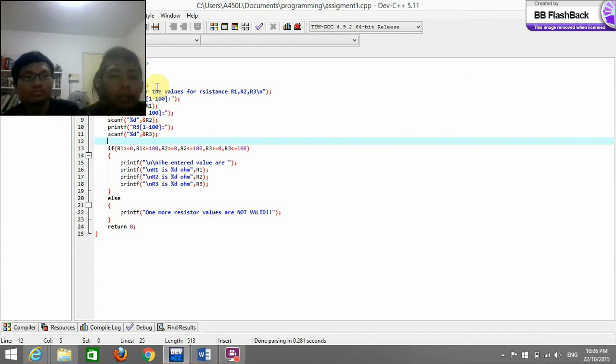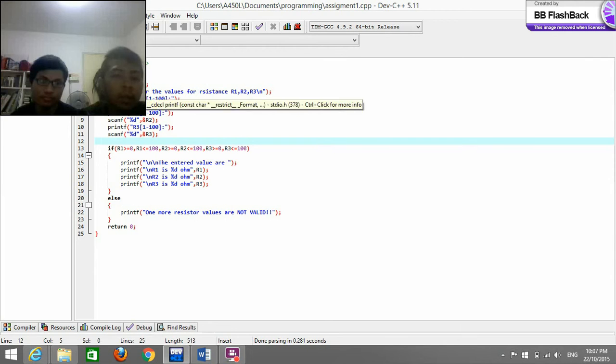int r1 r2 r3, and printf output, enter the value for resistance and printf \n r1, 1 to 100 and scanf for r1. Then printf for input r2, r2 same as r1. After we put input r1 r2 r3, then